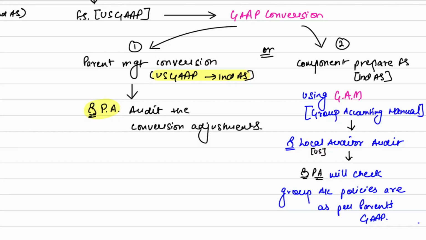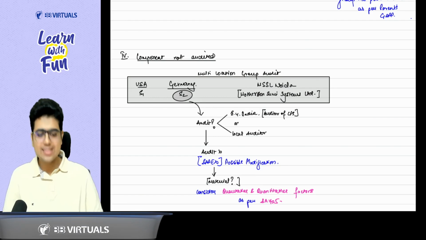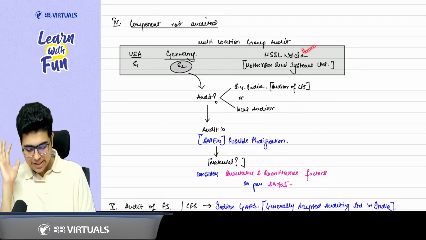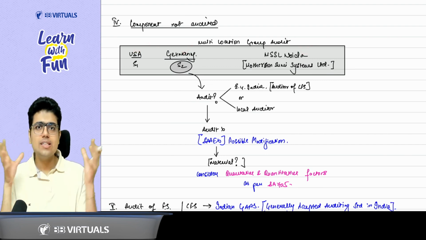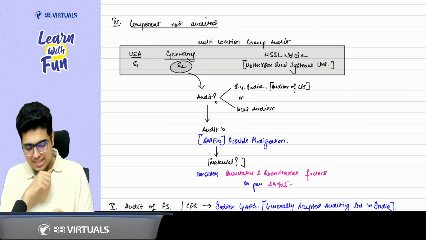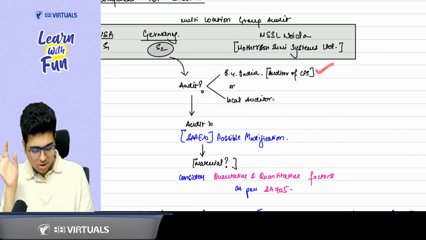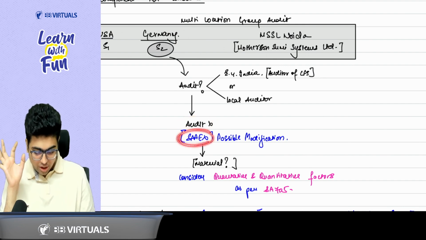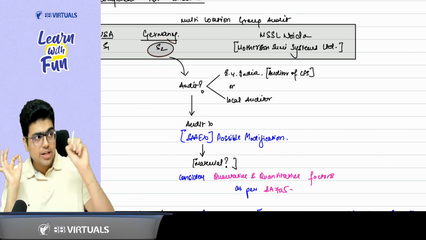Okay, okay, sir. Now come to case number 4. Sir, what does case number 4 talk about? Case number 4 says whenever the parent company is in India and it has subsidiaries across the world, do I need to cover all the subsidiaries as a part of the audit? Yes. These subsidiaries should also be audited under a multi-location group audit. Now the audit of these subsidiaries can be done by the auditor of CFS or the local auditor, but the audit should be done. If audit is not done, you will not have sufficient and appropriate evidence for the amounts of these subsidiaries included in the CFS.